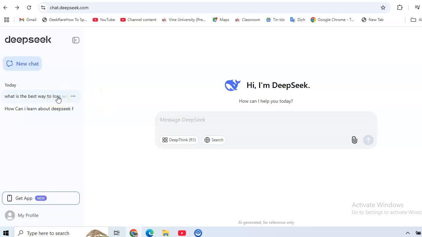Okay, click on the three dots, and then here you have two options: rename or delete. Just click on delete. But for example, if you have many conversations here and you want to delete them all